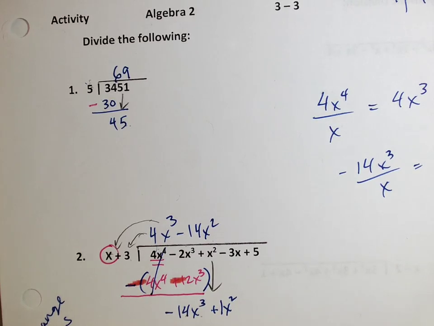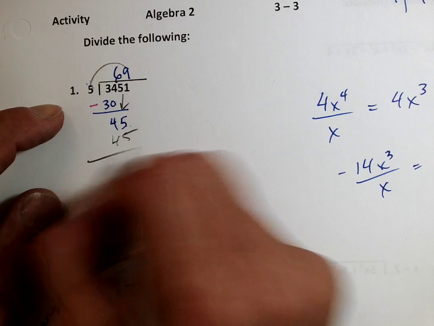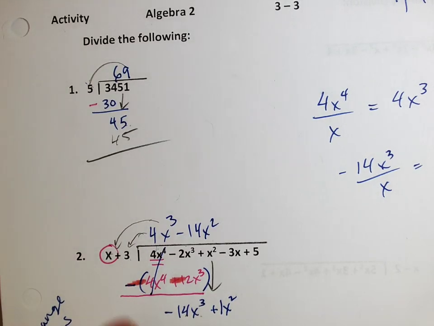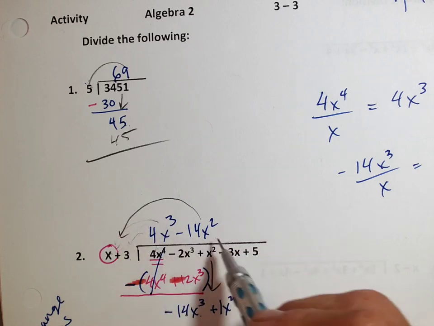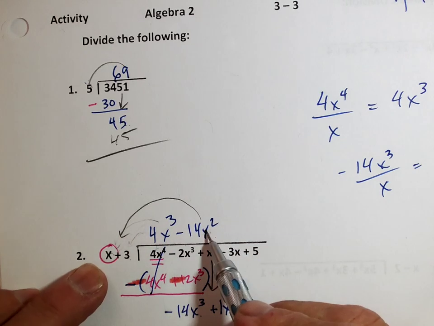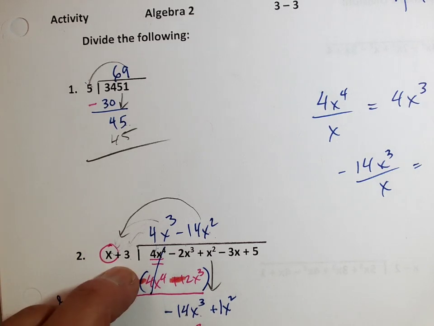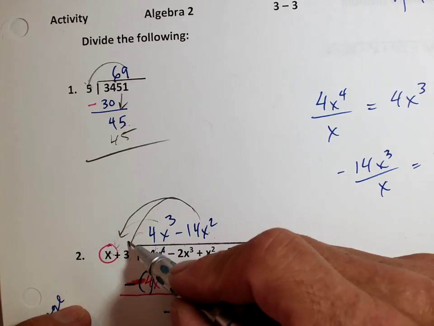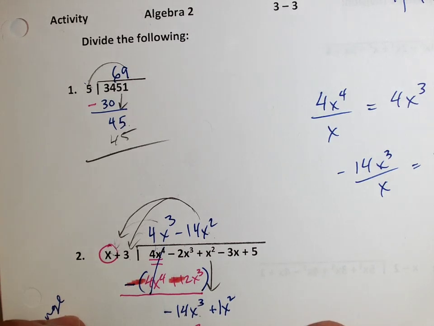Now, what did I do? Well, I went 9 times 5, right? 9 times 5, and I got 45, right? I'm going to do the same thing here. I'm going to take my negative 14x squared times x, which gives me a negative 14x cubed. But I have to remember the 3. The 3 is part of the problem. So multiply that times the 3. So negative 14x times 3, what's that, 42, I think? Yeah, it's a negative 42